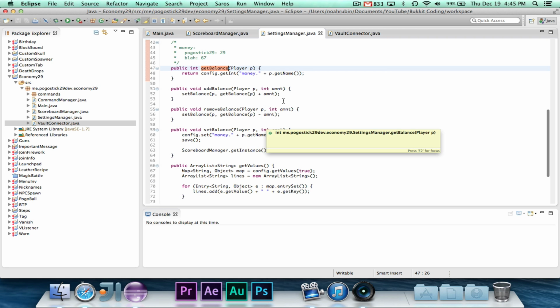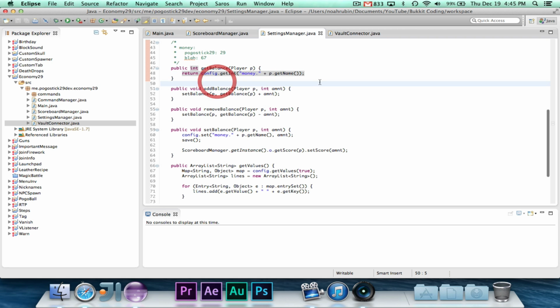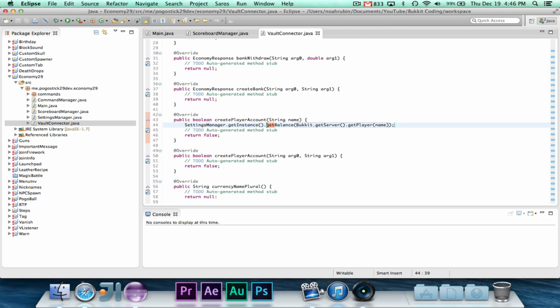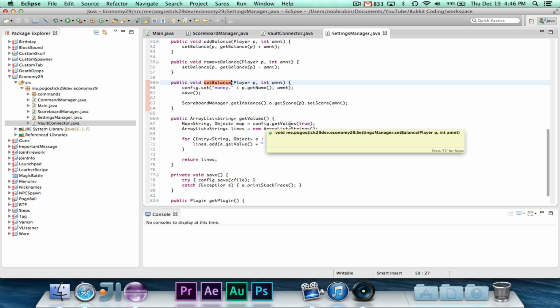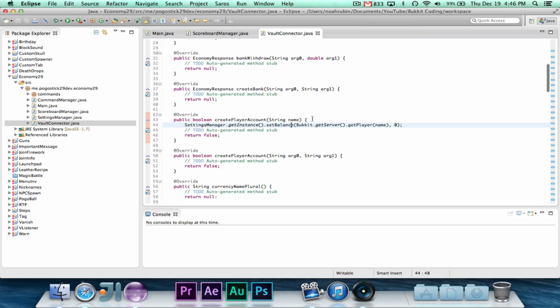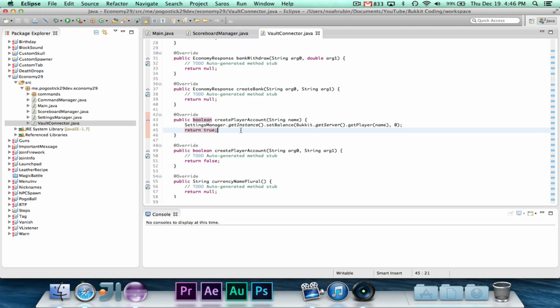Now that getBalance will return config.getInt. And it looks like, okay, so we just want to do setBalance. So set balance for player, and we're going to set it to 0. What that's going to do is set money.playerName to the amount, and if it doesn't exist, then we'll go ahead and do this. But now, createPlayerAccount says it returns a boolean, and we'll just go ahead and return true. I believe that should work, and if there are any problems with this, then I will look into it.